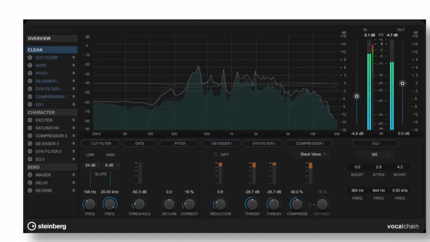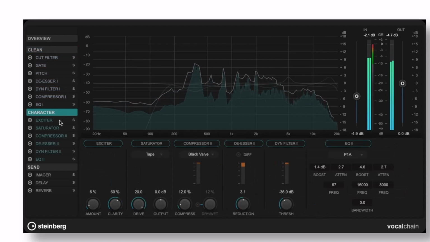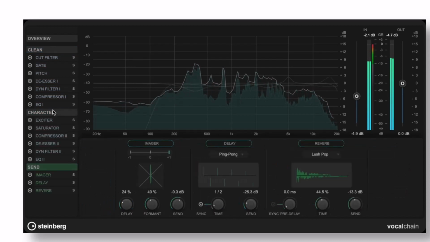But there were some interesting additions on top of the revamps. Probably one of the biggest, and I use the term loosely, is a plugin called Vocal Chain, which, as its name suggests, is designed for vocals. It actually contains a few new plugins as well, so it's sort of a plugin which houses a few other plugins. So if you don't already have your own set of plugins for processing vocals, that could be very useful. And it also contains a new compressor and